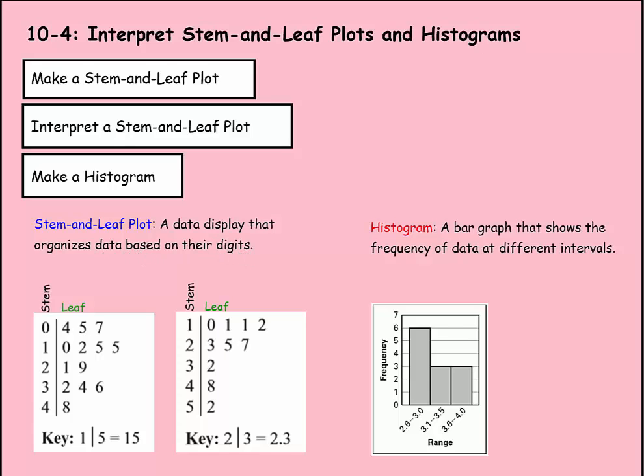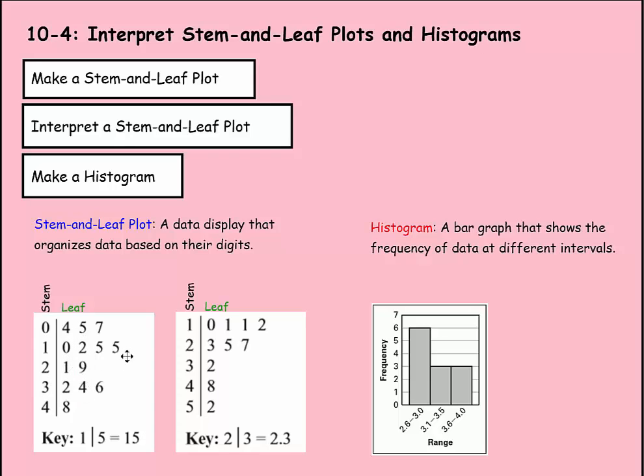And I'm sure you've learned about tens place and ones place before, and that's usually what a stem and leaf plot works with. The stem is usually the tens place, the leaves are the ones place, and they give you a key to work with here. So if you have a 1 for the stem and a 5 for the leaf, that number equals 15. So for here we have a number 4, this would be the number 12, this is the number 21,